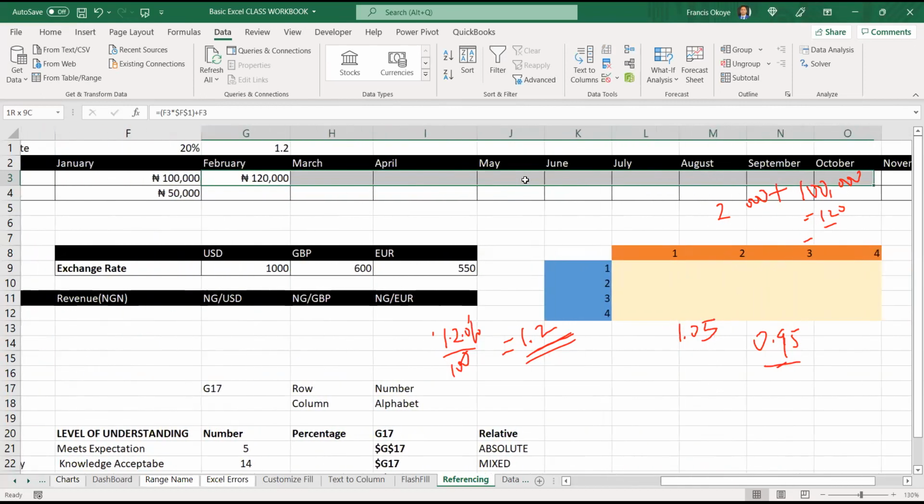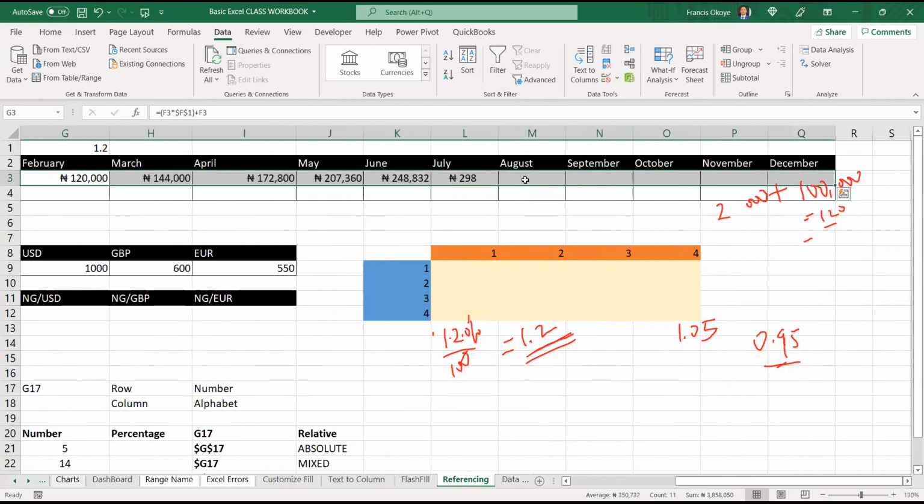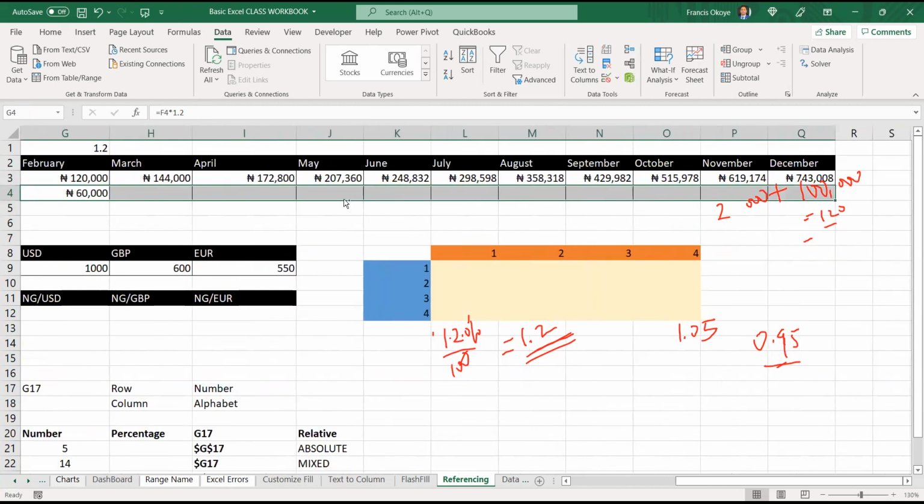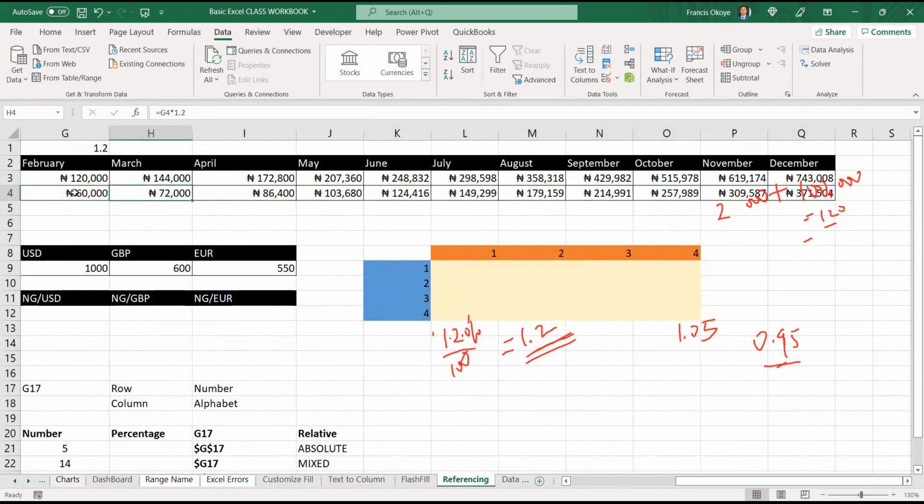Okay. Then you can drag down and calculate. So instead of dragging down like this, you can use your keyboard. So your keyboard is what? Control R. Okay. So the same way here, if I want to increase by 20%, so equal to this times 1.2. Can you see that? Then if I right click, Control R, can you see that? Yes, sir.